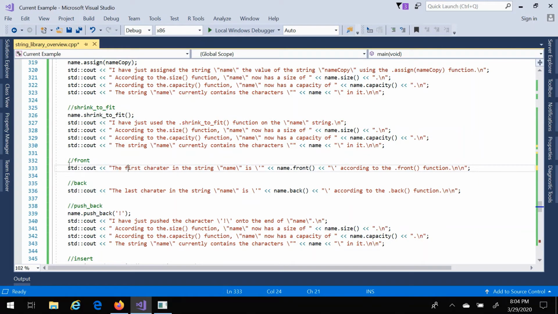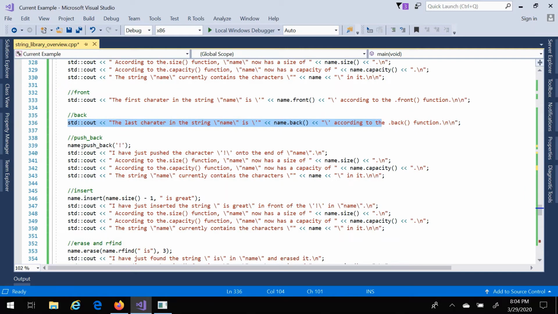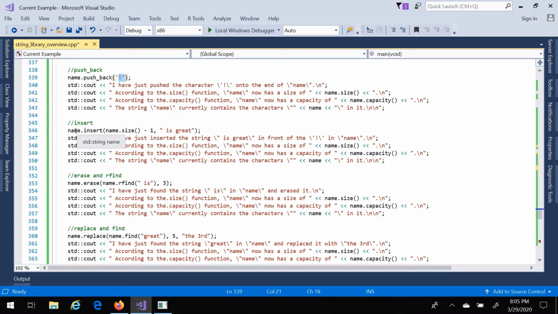And then I show the front character, the J, the back character, the E if it's John Doe. I push back an exclamation point, so now it's John Doe with an exclamation point at the end. I insert right after the last character. So if it's John Doe and there's 8 characters, well, at position 7, I'm going to insert